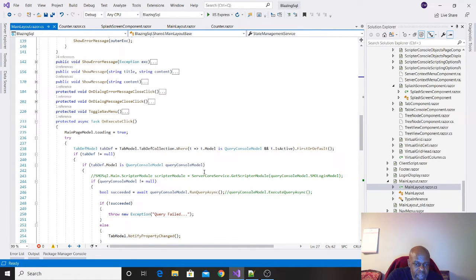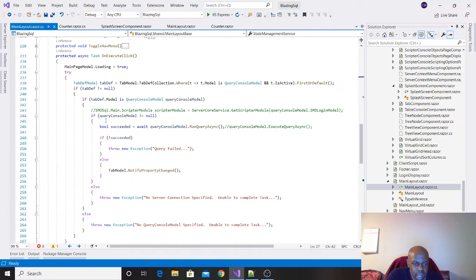And then I have my execute process that handles all of my executing queries, so that when you push the execute button, it basically goes and finds the query that's currently active, and it runs the query. If it's not currently active and it's not a query module, it will not run. Actually, the button will be disabled, which is another thing that I put in there, which is why I love this.